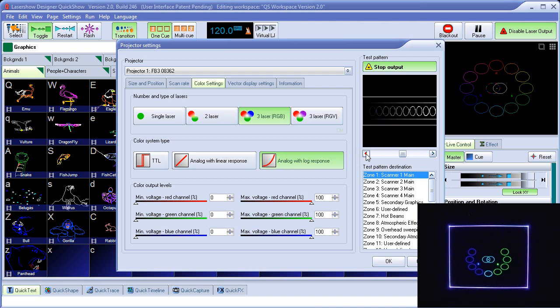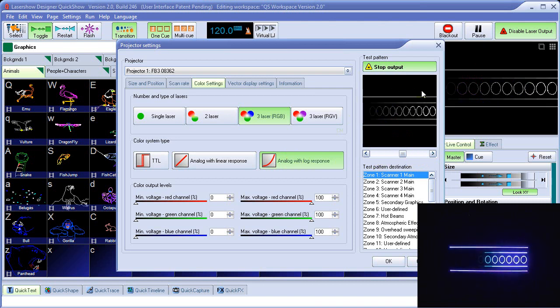So, once again, going to this test pattern right here, bringing up the minimums so that the circle on the left is barely visible. Happens here at 20. And for each color,